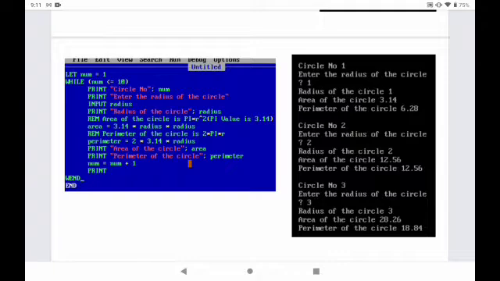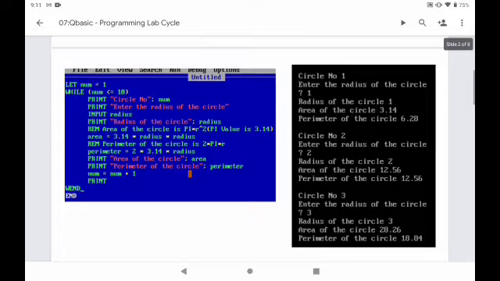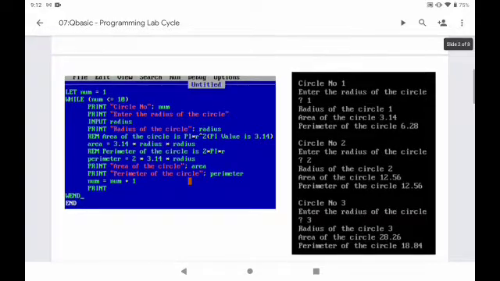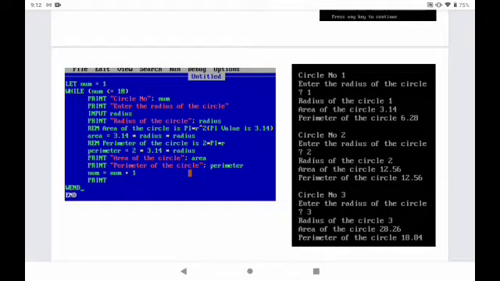So pi star r square, that will be pi r square, where r is the circle's radius, that we are entering, pi is the scientific value, and its equivalent value will be 3.14. Then in the next line you can see area equal to 3.14 star radius star radius. Actually it is pi r square.